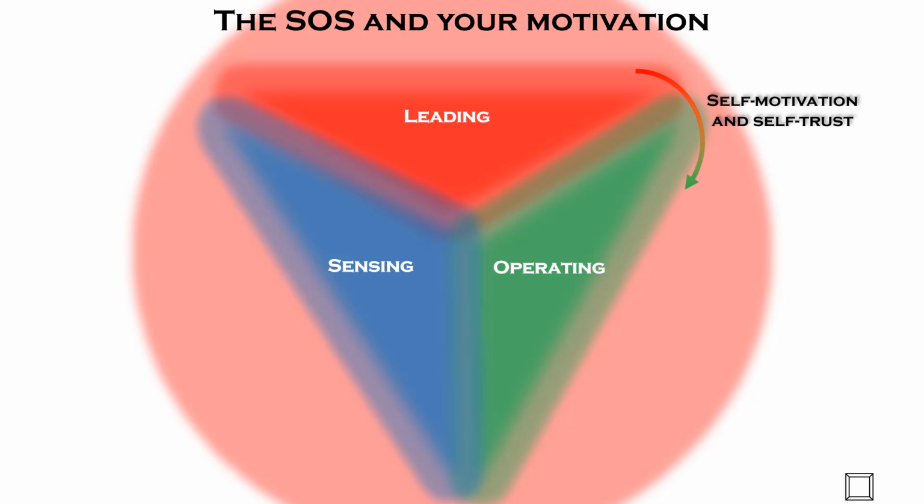First, when you set a goal, like we discussed, you need to operate to reach this goal. For this, you need self-motivation and self-trust, which we will explore next. Second, when you operate, you also must have the self-motivation and self-awareness to sense the effect of your actions. If you don't have the motivation and awareness to sense the effect of your actions, you will certainly not reach